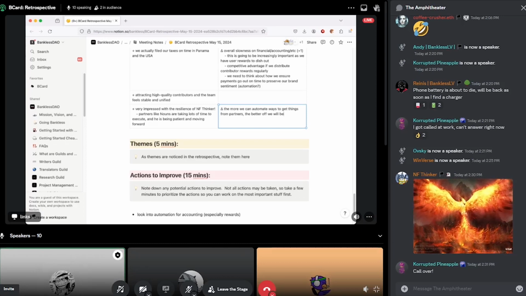Let's do a couple manually and see. There are some quote unquote automated things already with the Tally form, but this idea of making everything as efficient as possible, as automated as possible, whatever you want to call it, because we're a small team, it really behooves us to use technology to help us function. And if we can do that, we're going to be able to stay small, which I think really helps us in the long run.